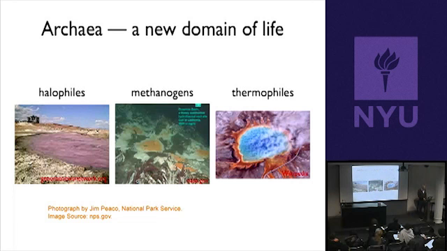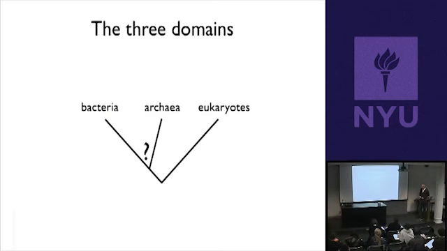So the question is, these archaea, they're single-celled organisms, so in that way they look like bacteria, but there were other guesses that maybe instead of being more closely related to bacteria, they're actually more closely related to eukaryotes, okay? And so that's a scientific question, and we can use DNA evidence to try and answer it. And I'm going to show you the answer first, and then we'll go through how that answer is actually gained, okay? So we now have a really good notion of what the tree of life looks like, including archaea.